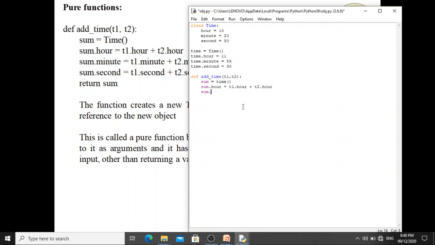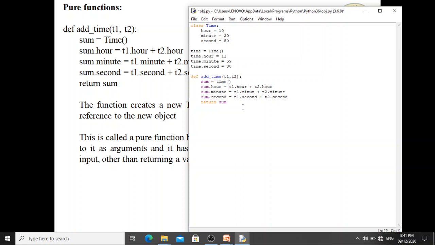Sum dot minute equals t1 dot minute plus t2 dot minute. Sum dot second equals t1 dot second plus t2 dot second. Then we will return the sum.